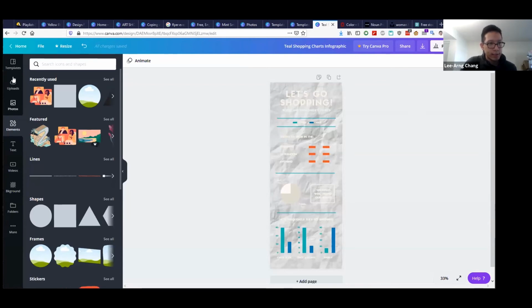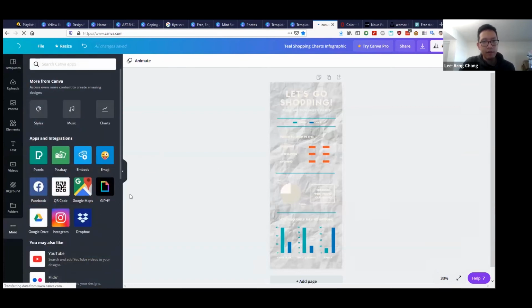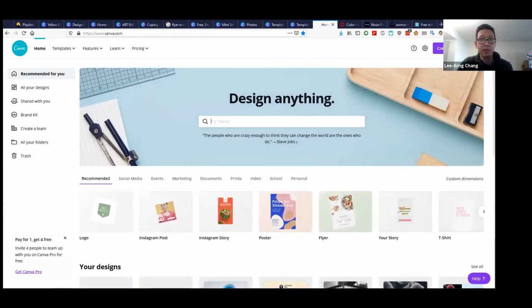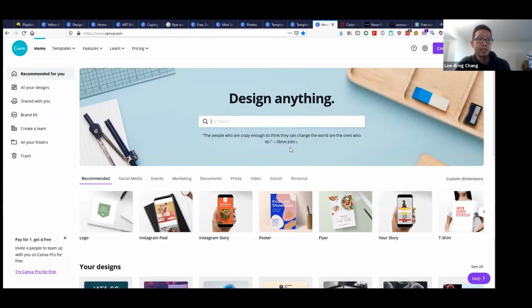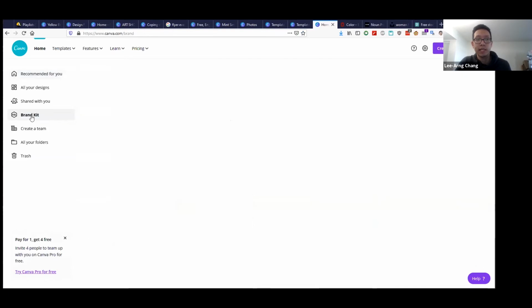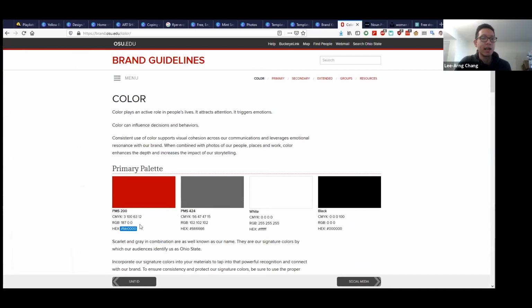Let me think, where is it? It was somewhere here where I could create a color palette based on some of these hex numbers, and make it easy to pull in some of these colors and apply them to change the colors to be OSU colors for the Canva templates. So there's a way to do it. I think it's under this brand kit, if I remember correctly. But there are some Canva Pro, some paid features of this. So I don't think it's a super straightforward way of doing this. It would have to be done manually, going back to the brand guidelines and manually putting in some of these assets to make it easier.